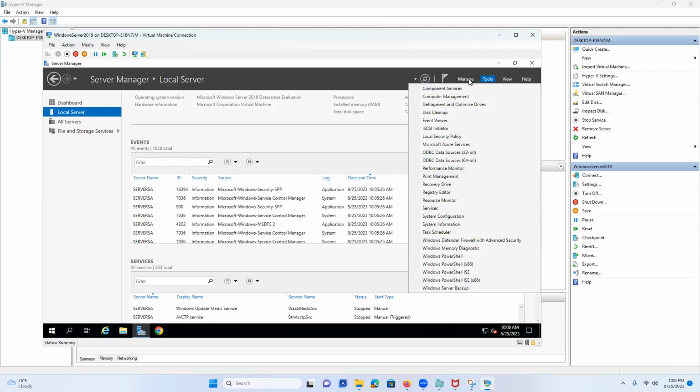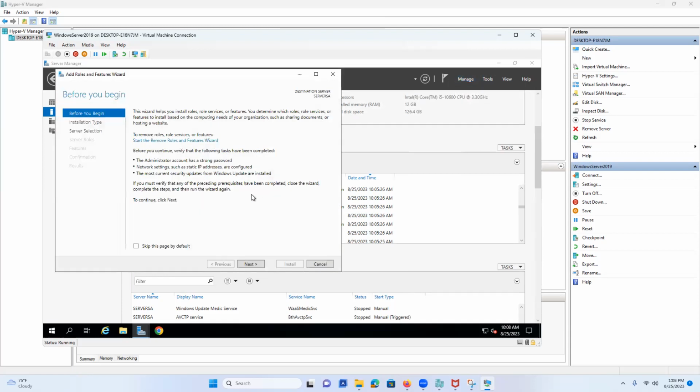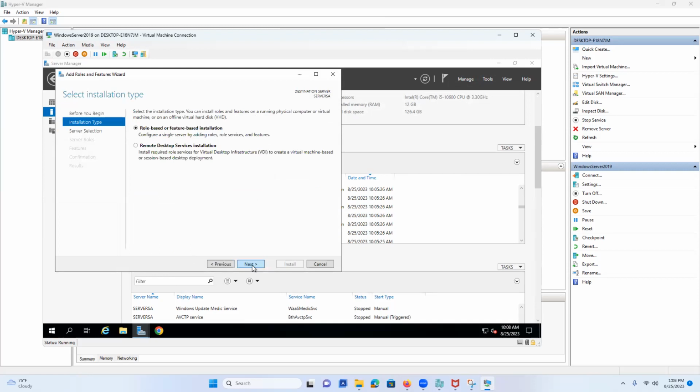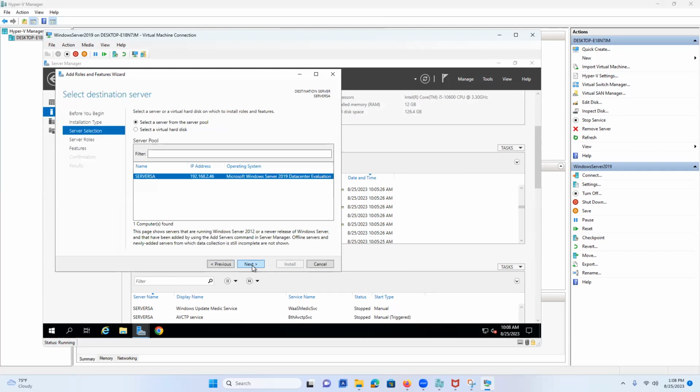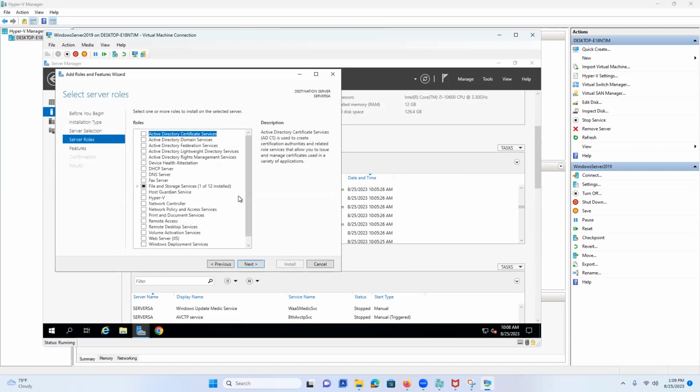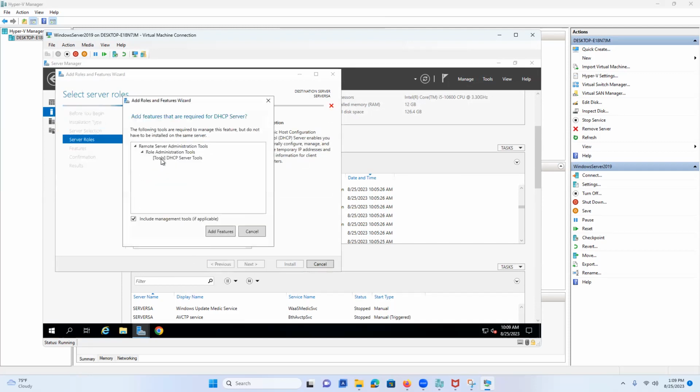Let's go to manage, and let me go to add roles and features. I'm going to skip this page by default. Click next. I'm going to select the default, which is role based. Click next. And I'm going to click next again. And there we are going to first set up the DHCP server. So I will select the DHCP server here, add the default features,